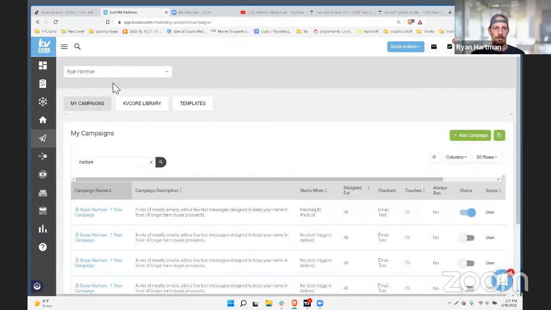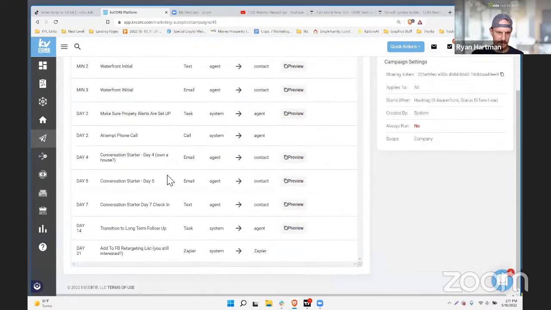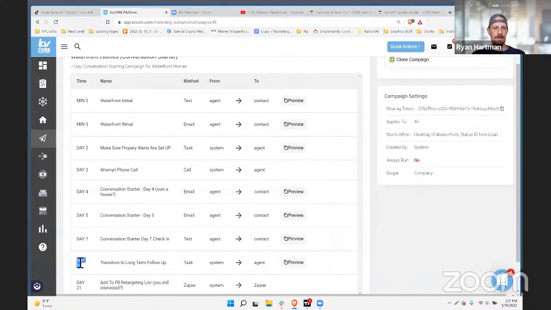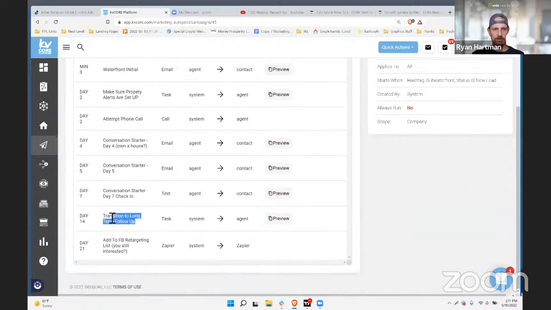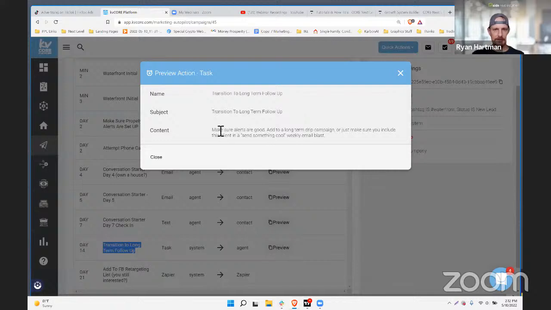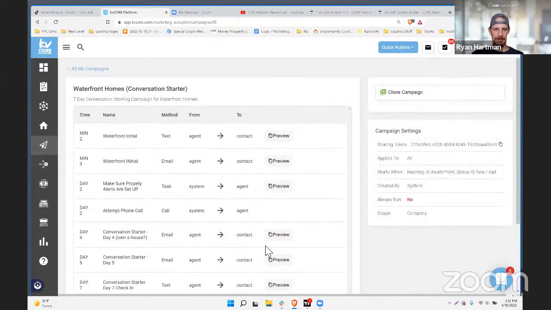And then what we're going to do is within the first campaign, I think I've done this in the waterfront campaign we use here a lot. Yes. In this first campaign, I have an action here. You can see on day 14, might be small on your screens, it says transition to longer term follow-up. And my task, that's not it. Sorry, this is a reminder to myself to manually do that. The way that I would automate it